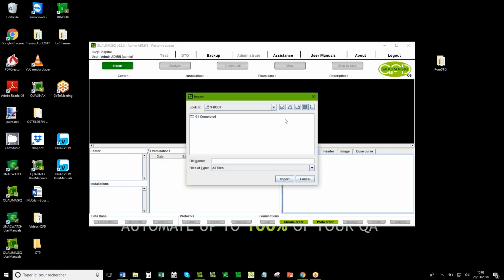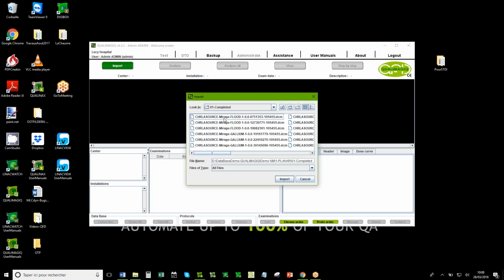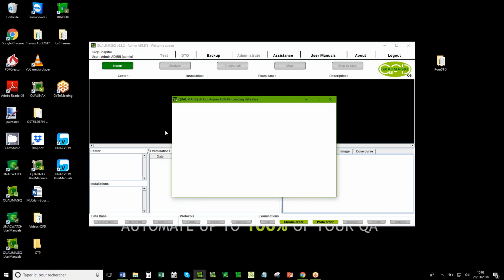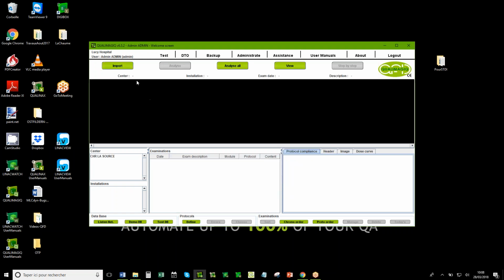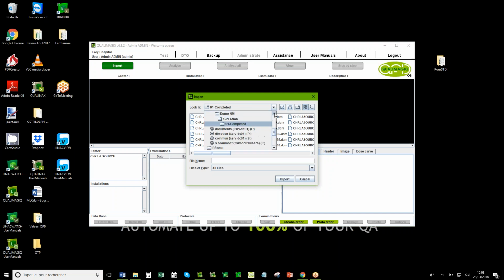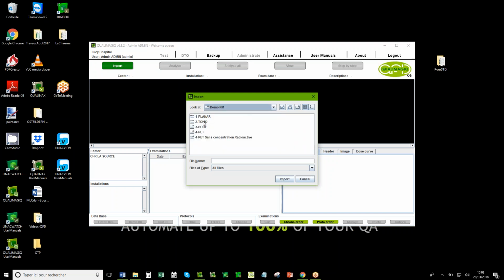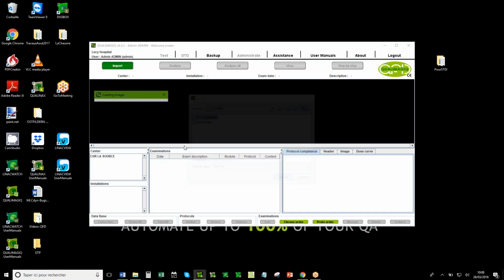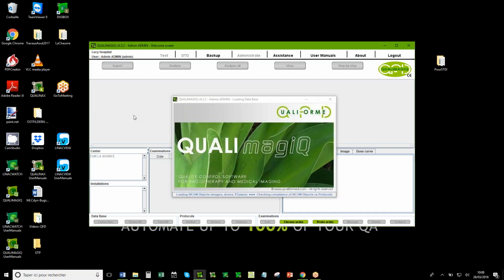So I select, I have my examination here. I have my 3 different modules. We can start with planar mode, and I can import all the images. They are in a folder, and I want to import all images by this method. So I want first to import all my examples. The second one is for the tomographic mode. So I want to import the second examination. And the last one for the whole body mode.